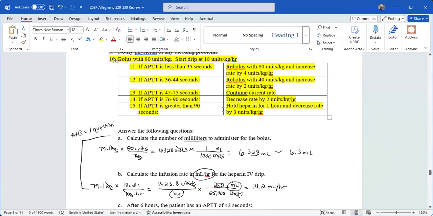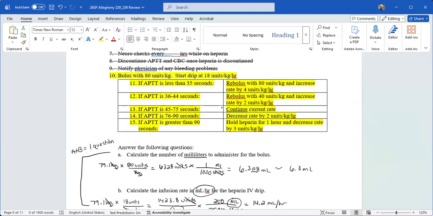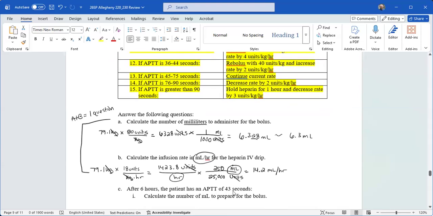So that's where you go into the boxed portion of the protocol, and you'll see a couple things. It'll say if APTT is less than 35, if it's between 36 and 44, if it's between 45 and 75. Those are the things you're paying attention to when it asks you, okay, it says it's 43 seconds. So we're going to pay attention to this part of the protocol. We're going to look at number 12. And number 12 tells us to bolus again,